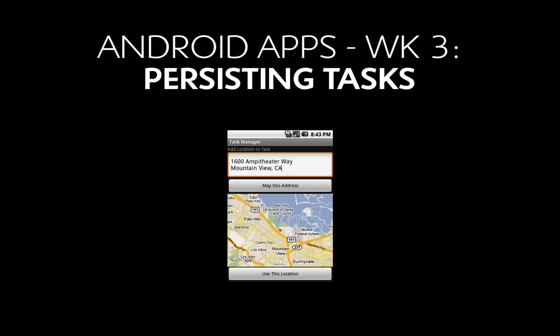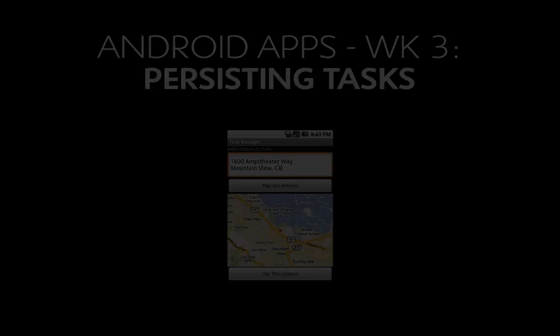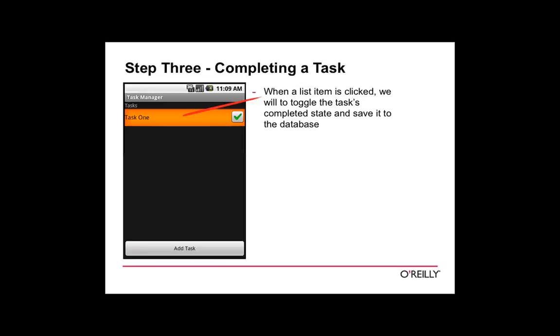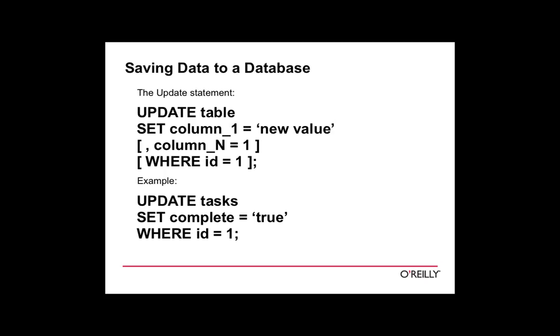Cool. So next step is we need to update a task when a task is completed. So when we click an item and change its completeness state, we want to also issue an update statement, which looks like this, to change the complete value of the task. An update statement is composed of an update keyword and then the name of the table